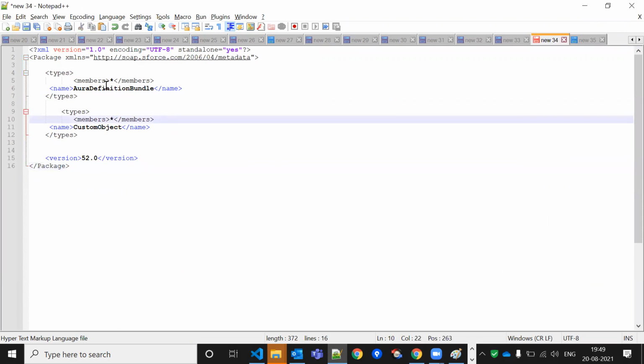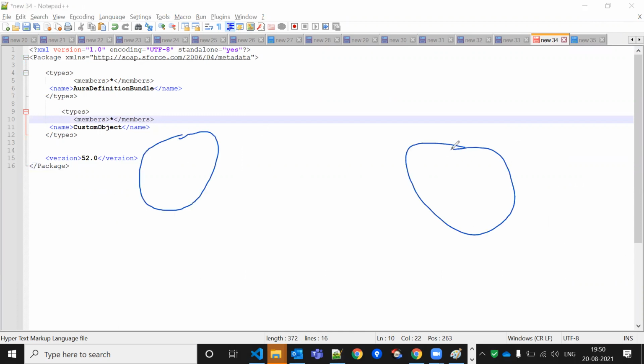I want to retrieve things from one org and deploy to another org. So what is retrieve and what is deploy? Suppose this is my sandbox and this is my production. In a change set, you can create, upload the things and send the request, and the inbound request will come here. But in case of package.xml, it is not like this.